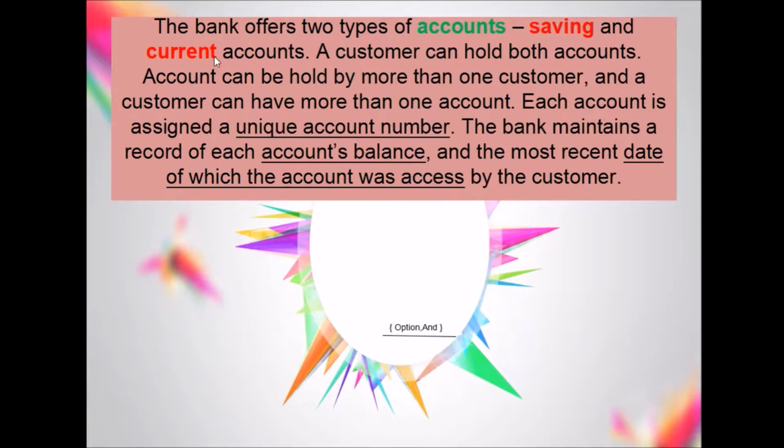Next, the bank offers two types of account, savings and current account. A customer can hold both accounts. An account can be held by more than one customer, and one customer can have more than one account. Each account is assigned a unique account number. The bank maintains a record of each account's balance and the most recent date on which the account was accessed